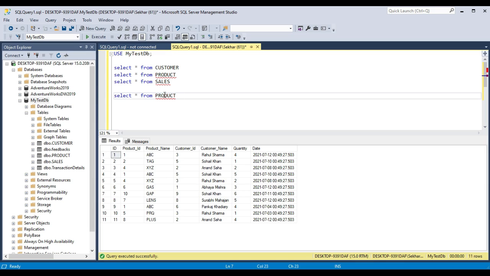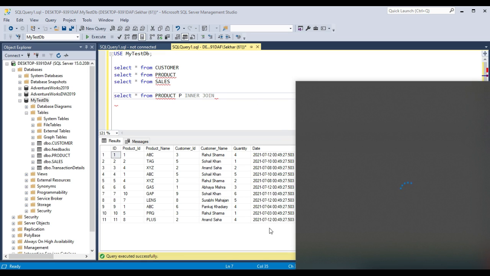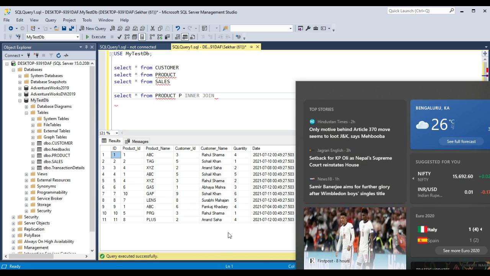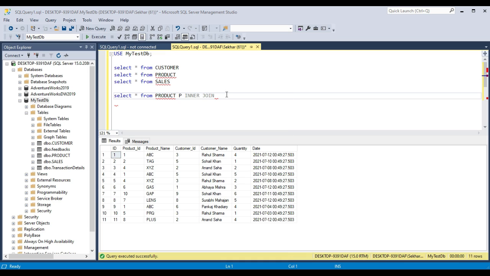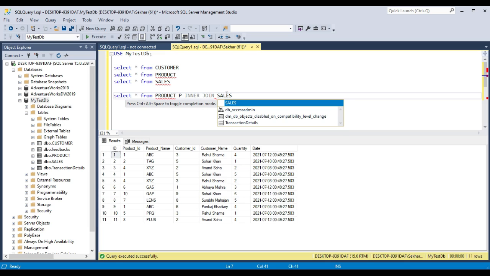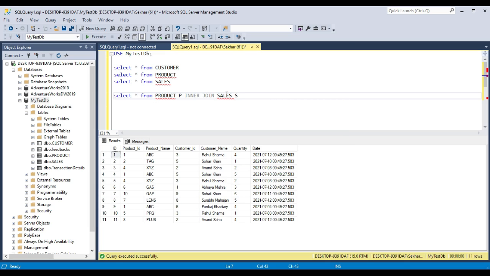For product we are representing it with p, then for inner join we have to write inner join, and then for the sales table name let's give the alias s, and we have to give the field name on which we want to join.